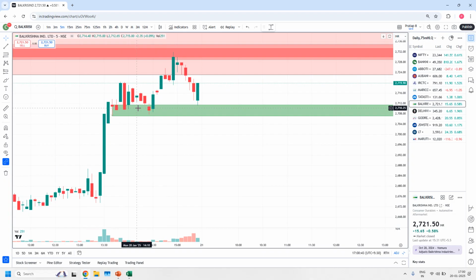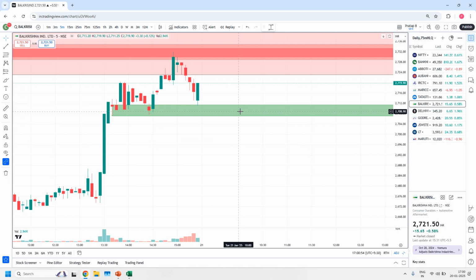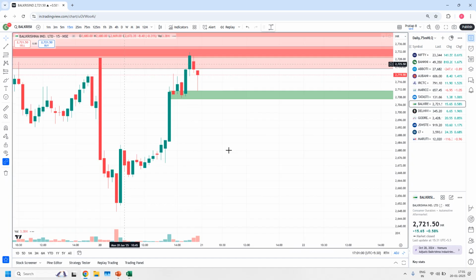So what is the point I told you? We will also talk about the 5 minute HLQ zone as a target zone. Sometimes we have a 5 minute high liquidity zone, so it will not let prices go up to the 15 minute target. Go to the 15 minute time frame. This is not a 15 minute target. You have a 15 minute zone somewhere here. So till this area,